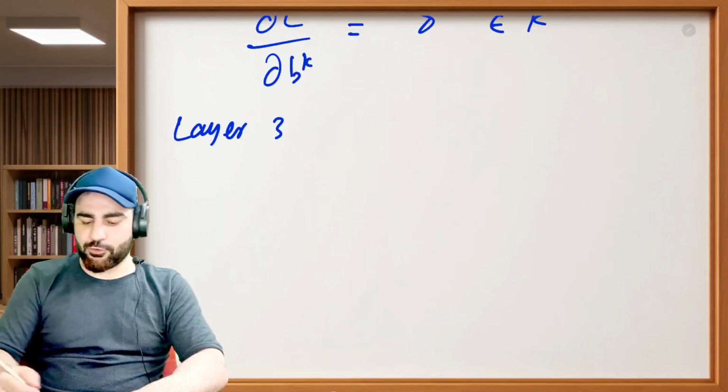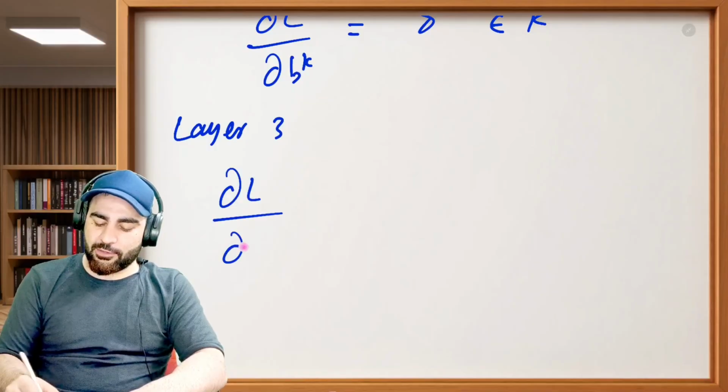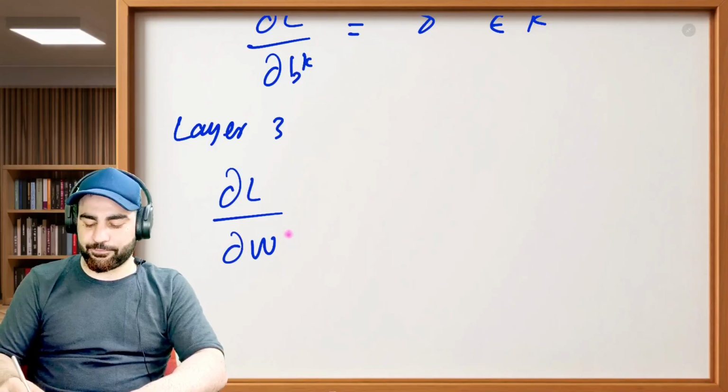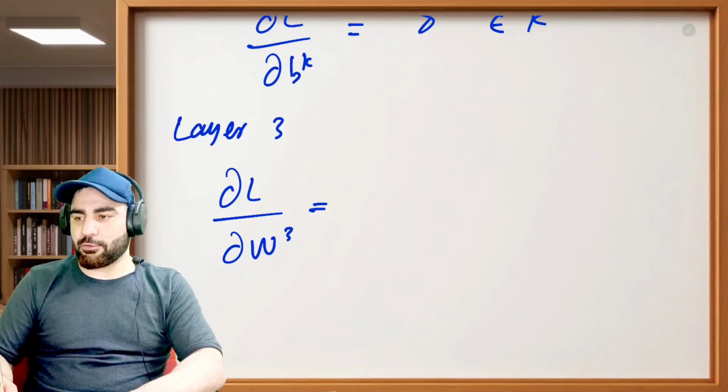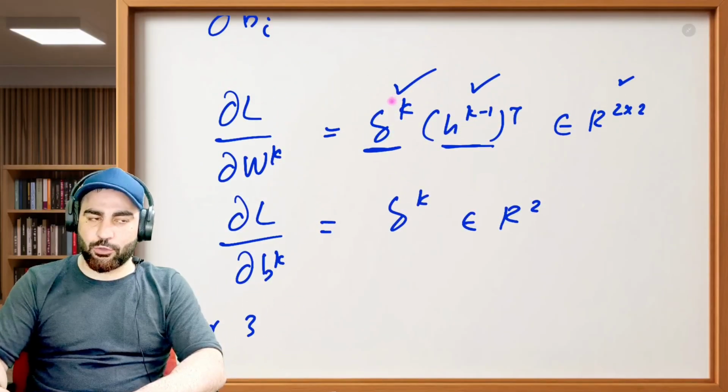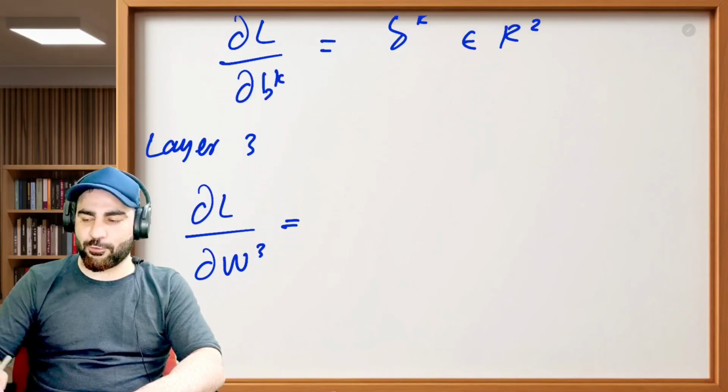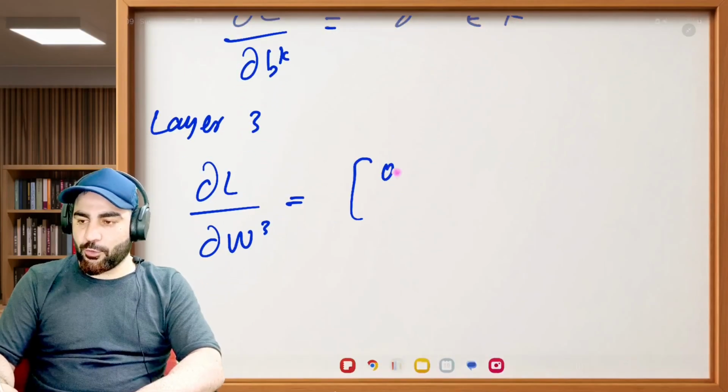So we have to compute dou L by dou W3. This is what I have to compute. Okay, you will basically take this vector. This is a 2 cross 2 vector. This is a 2 cross 2 vector. So we'll get 4 cross 4 vector. So this is 2 cross 2